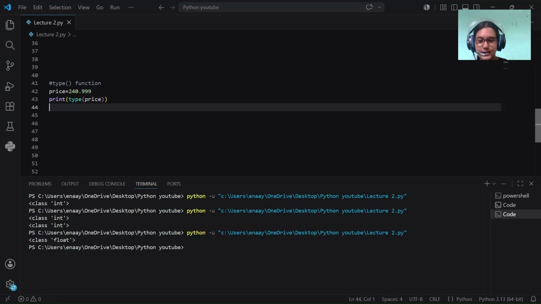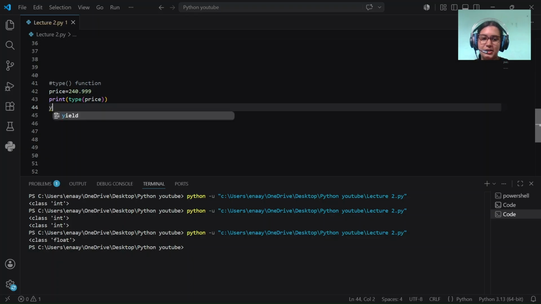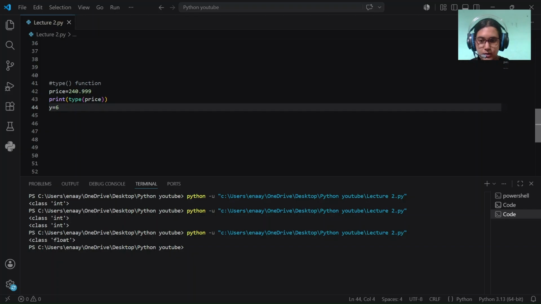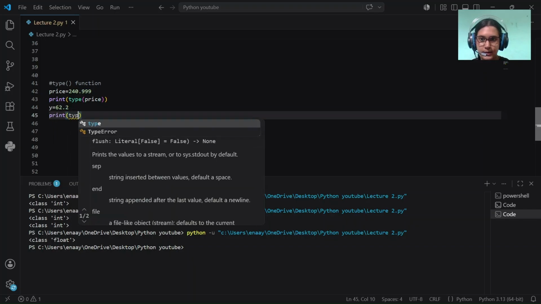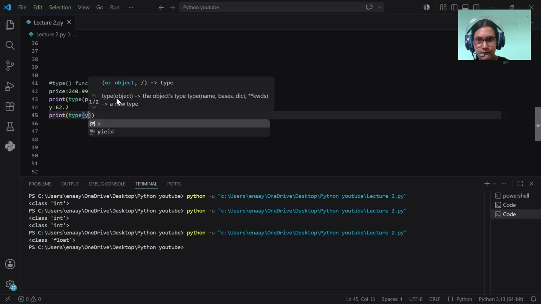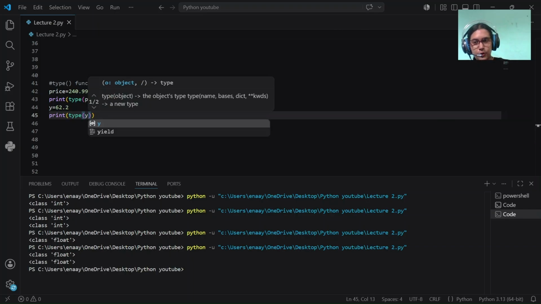Something else, let's just use a random variable. y is 62.2, and we want to print its type. Print type of y, and we run it. Float. See,